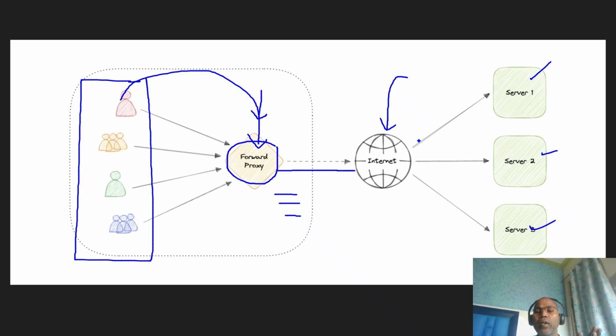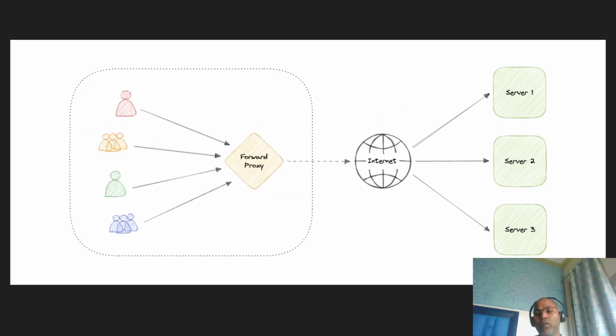The internet only knows that this is a particular company's IP address through which a server or website is being accessed. So the proxy server plays a role for the organization, so that only specific websites and servers can be accessed by a company employee. This is the role of a forward proxy.